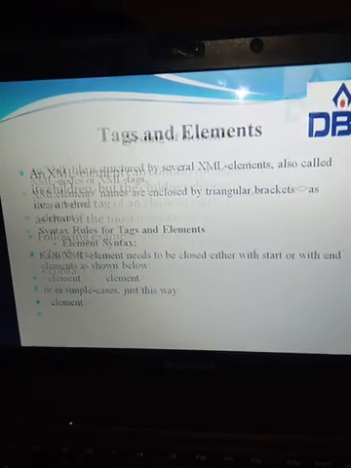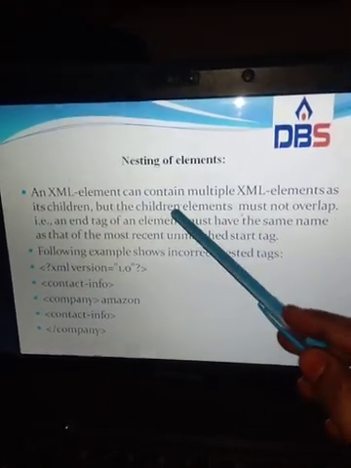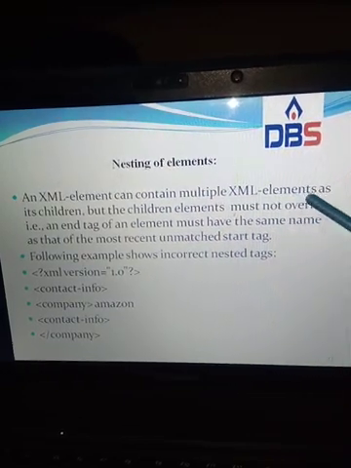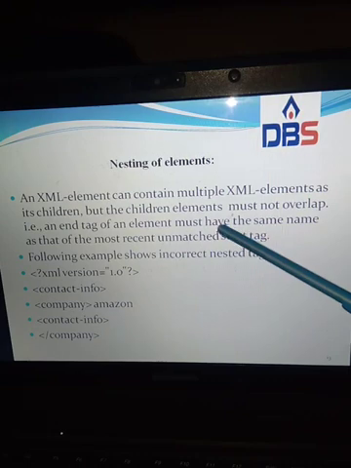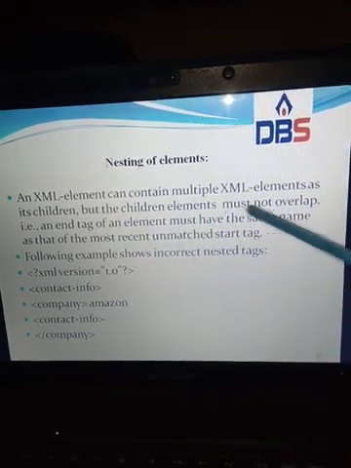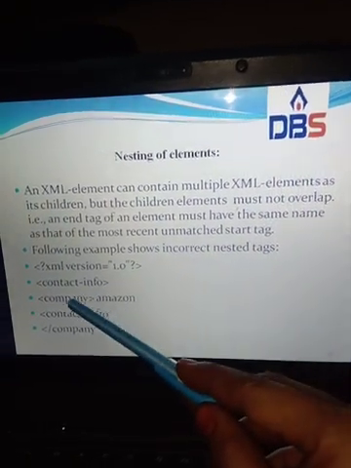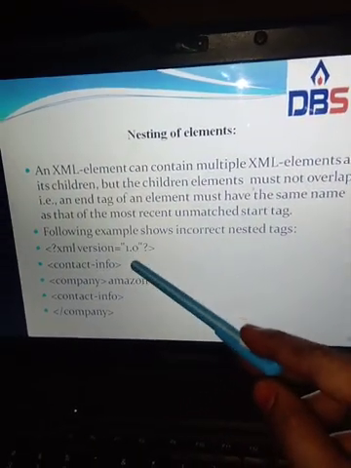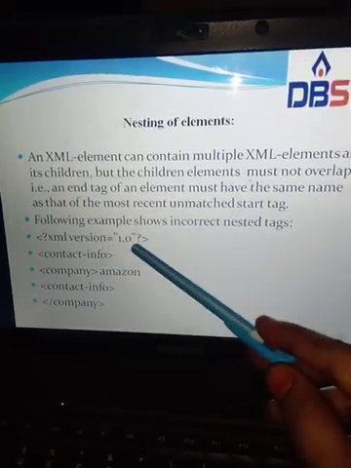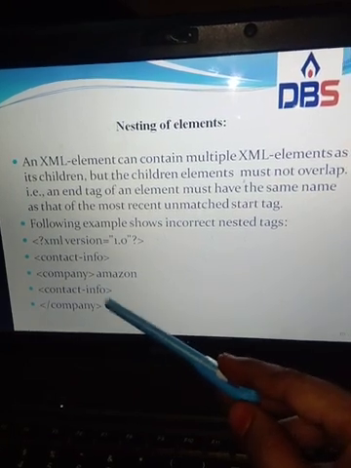Next, nesting of elements. An XML element can contain multiple XML elements as its children, but child elements must not overlap. The end tag of an element must have the same name. Here is an example of incorrectly nested tags. In XML version 1.0, contact information, company, contact information, these are elements.